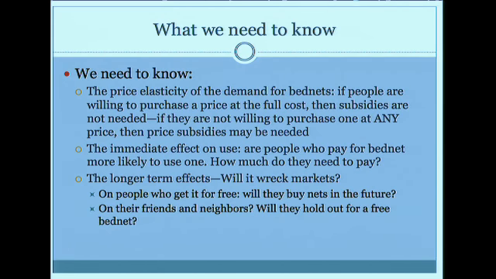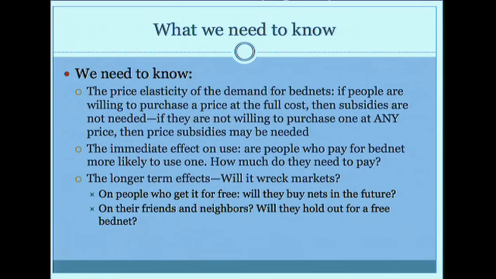Third question is the longer-term effect. Will it wreck markets? And for that, that's the entitlement effect. For people who get it for free, in the future, are they more or less likely to buy one? And for people who are around them in the community, so it's something we didn't discuss much, but if I'm around you in the community and I see you having a free bednet, it could affect me in one of